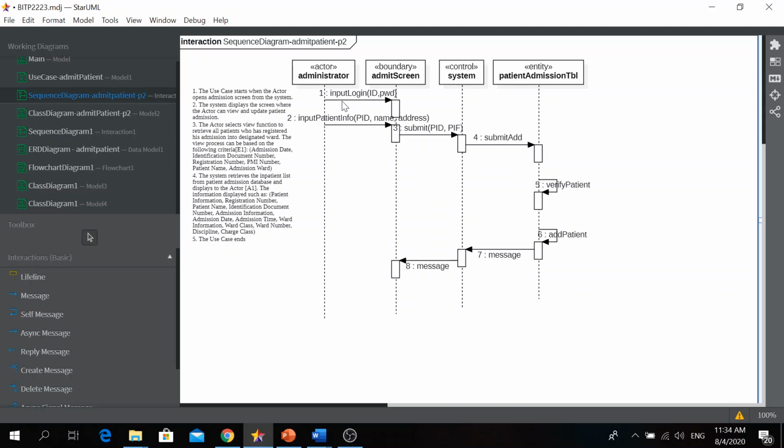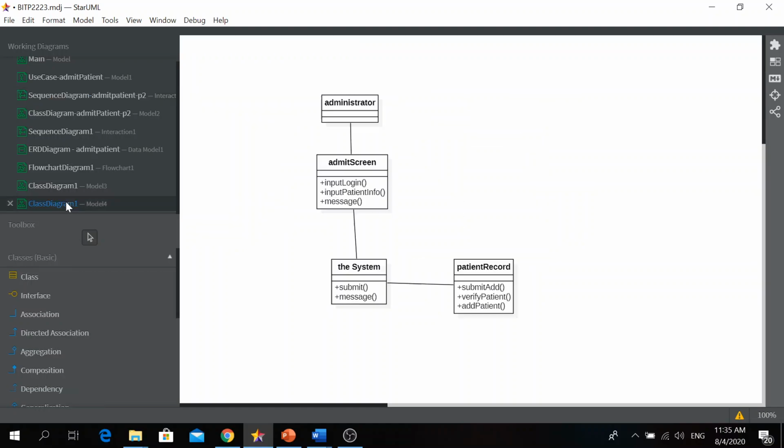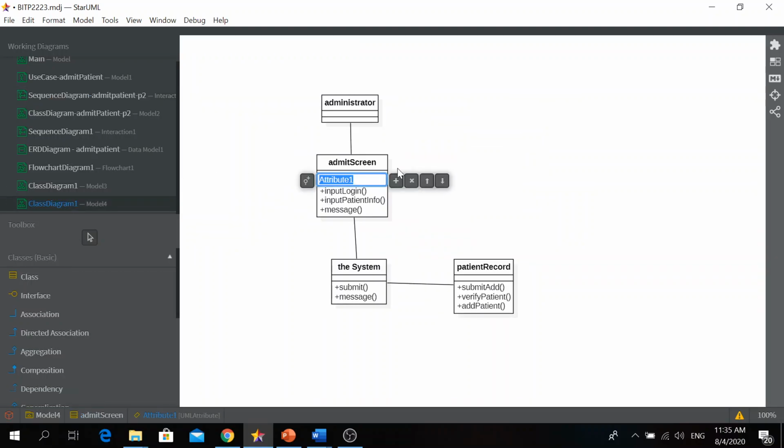See, at the beginning of the process flow, input login. This operation carries ID and password. So this is a candidate attribute for the class admit screen. So go to your class diagram and start to add the attributes, ID and